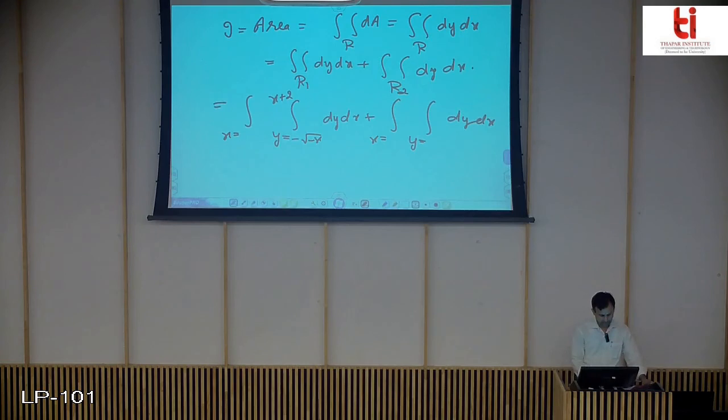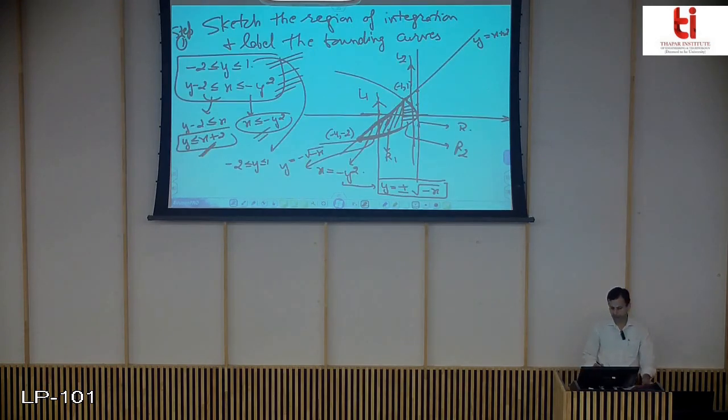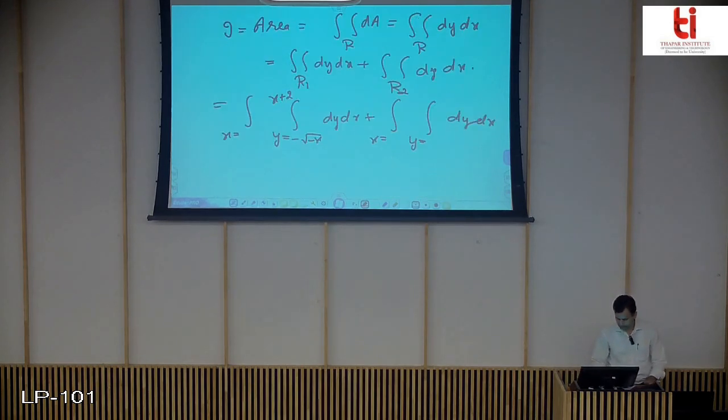Done. Now the values of x that enclose all the vertical lines that can pass through this region. So values are x equals to minus 4, x equals to minus 1, that enclose all the vertical lines that cross through this region. And this gives you x equals to minus 4 to minus 1. Done. So for one of the regions, limits of integration are found.